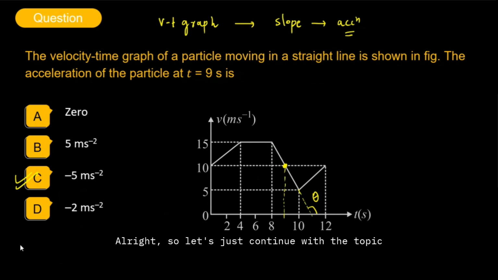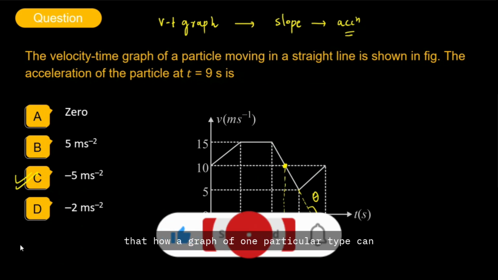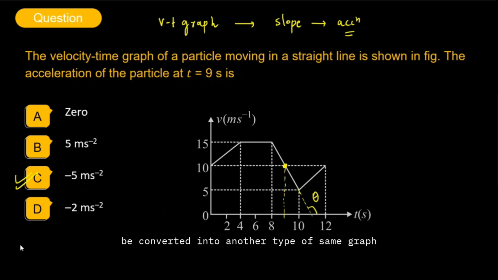All right. So let's just continue with the topic. In today's session, we're trying to talk about how a graph of one particular type can be converted into another type of the same graph. Like